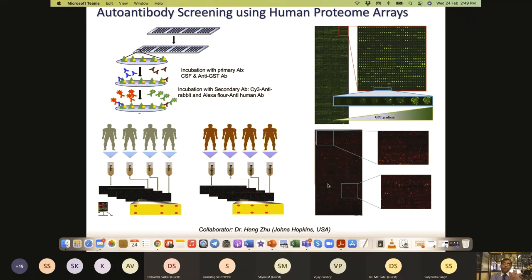So on the same chip, you are identifying the protein expression, using that information to lay the grid. And then subsequently on the same chip, you are also incubating with the IgG, and you are using it for the autoantibody response, where you can use the same chip and the same layout for identifying where you can see IgG response.